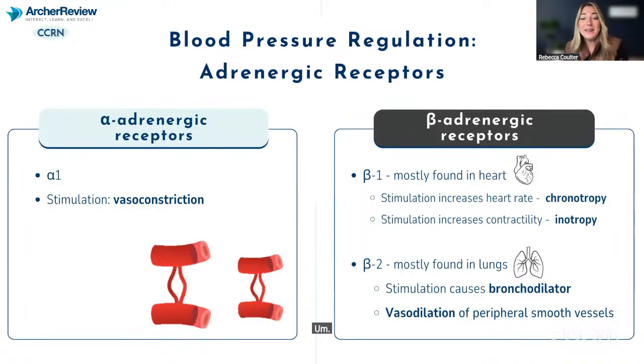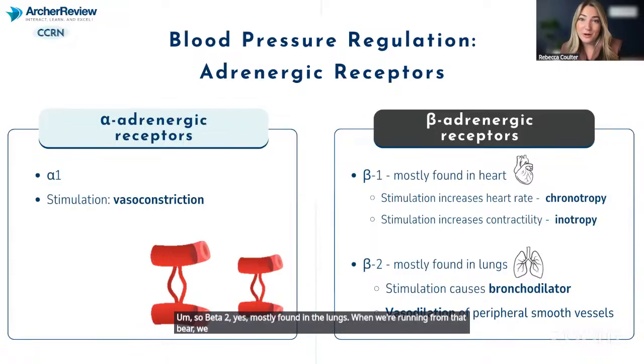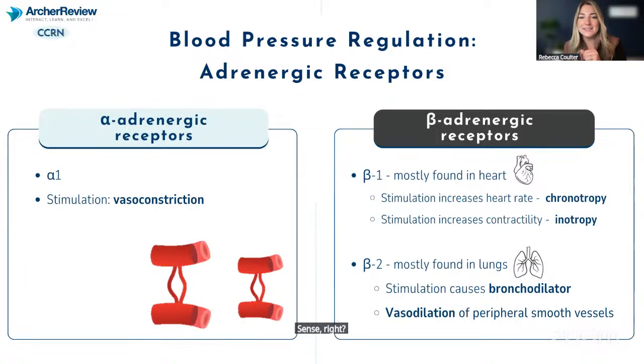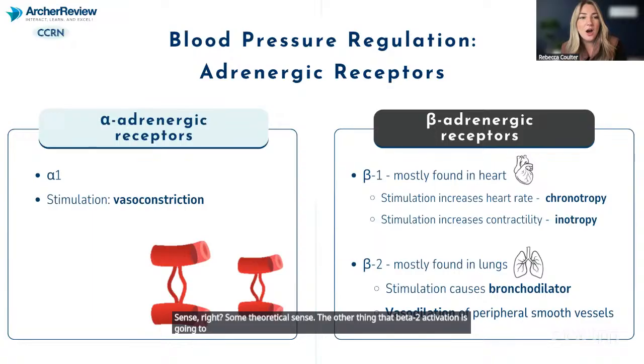So beta 2, yes, mostly found in the lungs. When we're running from that bear, we also need to breathe more. We need to get more air into the lungs, get some more oxygen transport going on. So it's going to cause bronchodilation. All of this makes sense, right? Some theoretical sense. The other thing that beta 2 activation is going to do is cause vasodilation of peripheral smooth